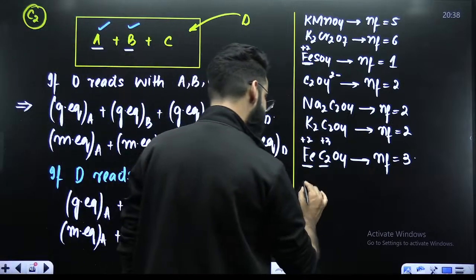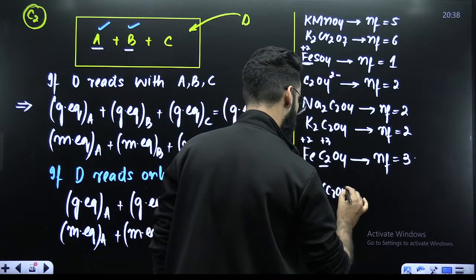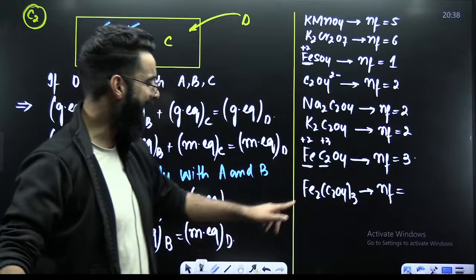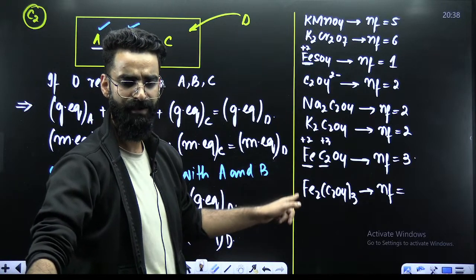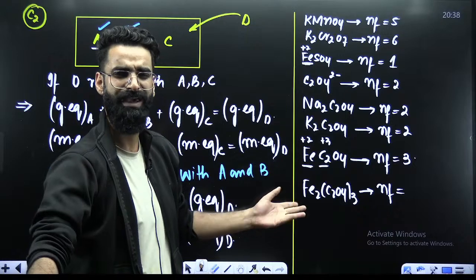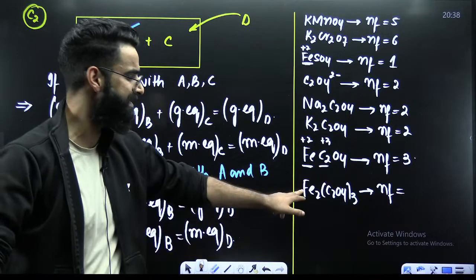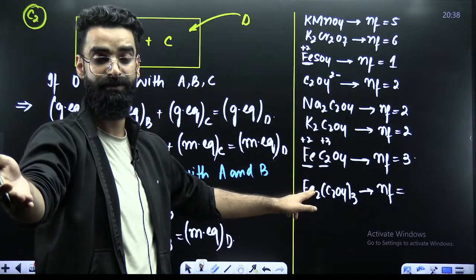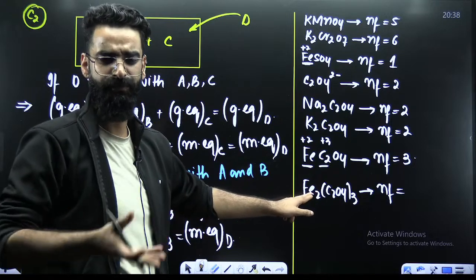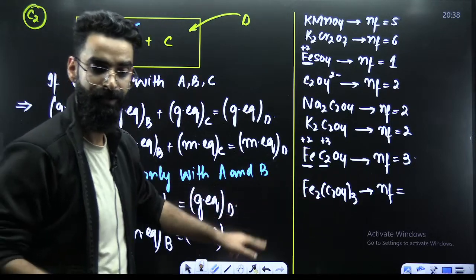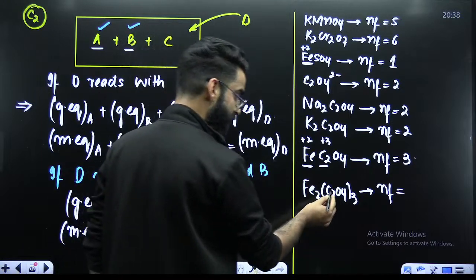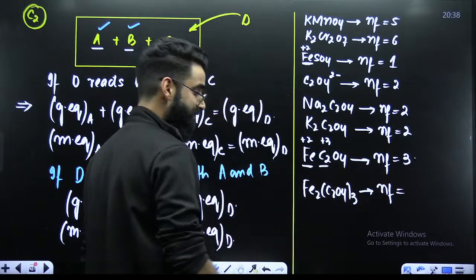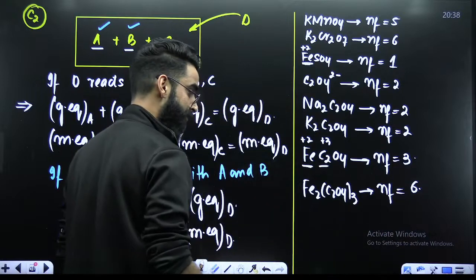Similarly, for example, you have got ferric oxalate, Fe2(C2O4)3. When it's treated with KMnO4 or K2Cr2O7, iron here is already in +3 oxidation state. So KMnO4 or K2Cr2O7 is going to do nothing with this Fe tri-positive, because they convert Fe di-positive into tri-positive. Only thing, they are going to convert this oxalate ion into carbon dioxide. So +3 to +4, change is 1 for each carbon. I have 6 carbons, so its n factor, directly remember as 6.